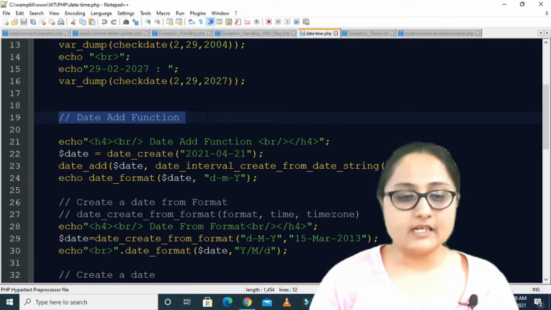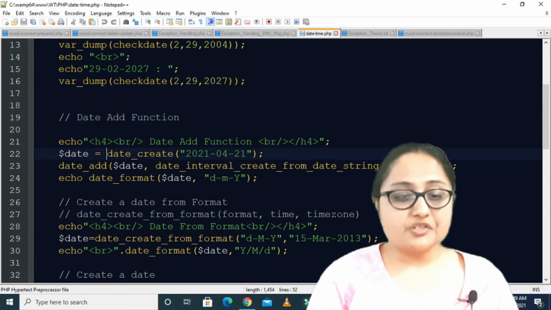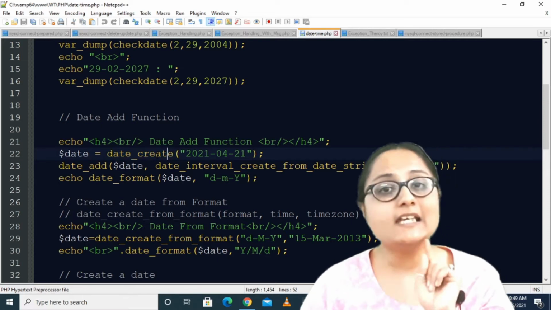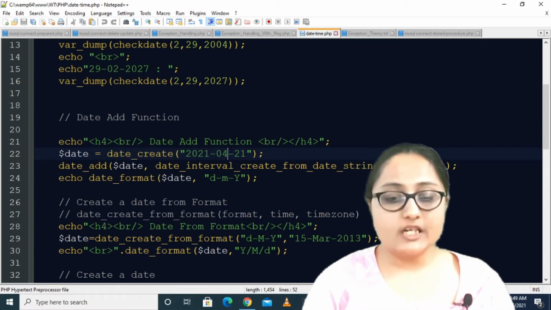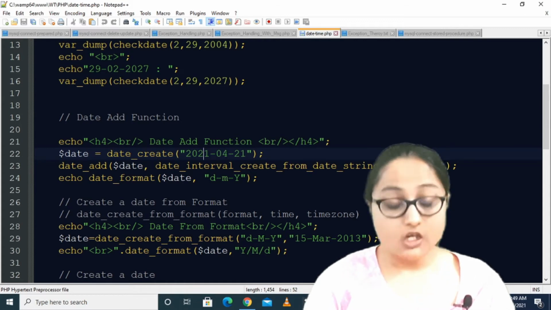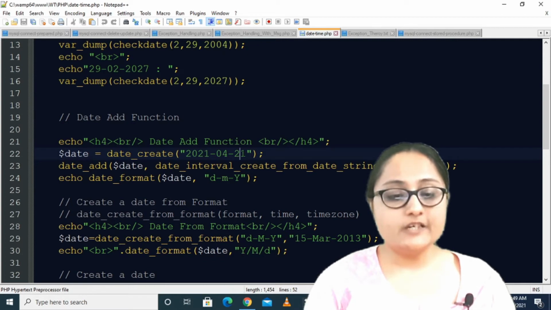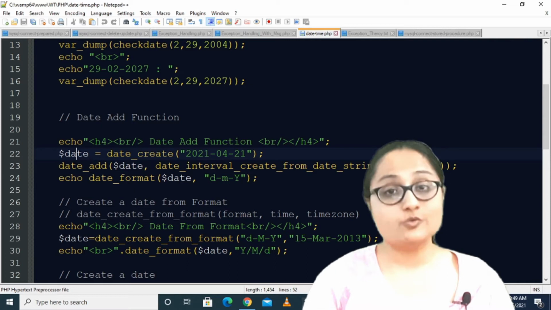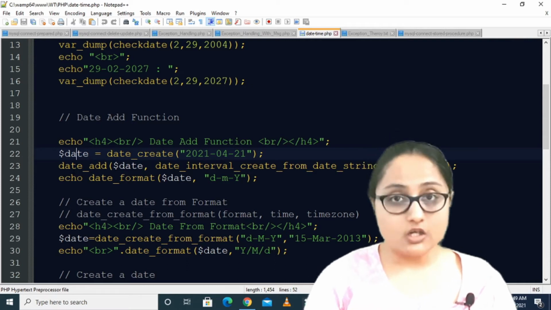How will we use it? Let us see. So this is the first function that I have called, that is date underscore create, for creating a particular date. So which date am I creating? For 21/4/2021, right? So this is 21 April 2021, that is the date I am creating, and that I am storing in a variable called $date.